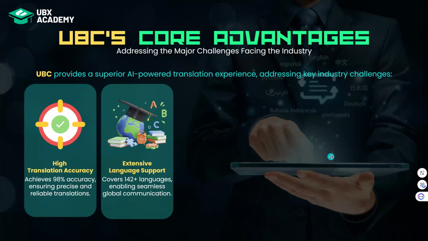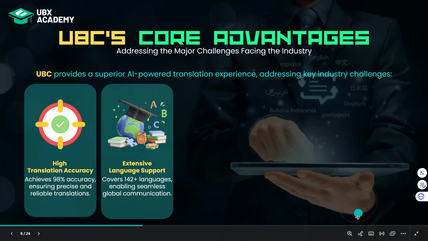UBC's core advantage is that it is able to address the major challenges facing the industry. The UBC translator, as the backbone of UBC, is able to support 142 languages with more than 98% accuracy, which is,